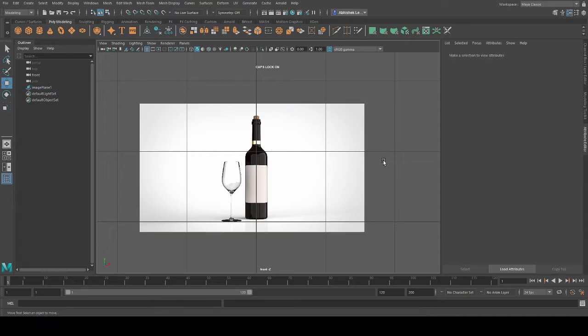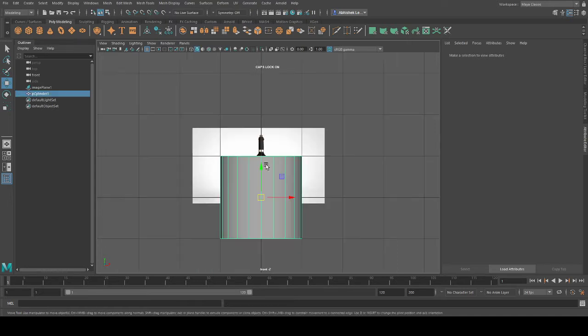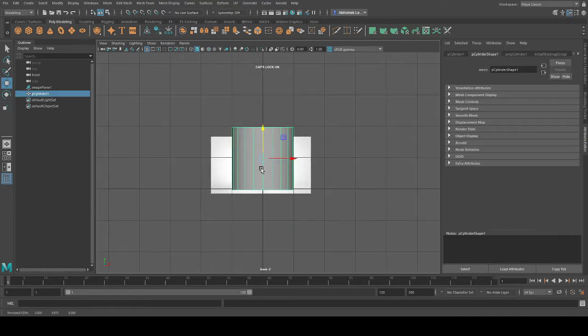First we'll start with blocking. So which primitive should we take? My screen is visible, right? To others who are online. Is my screen visible, Aditya? Yes, sir. Okay, so first I'll take a cylinder. And the first step after the cylinder is to make it low poly.